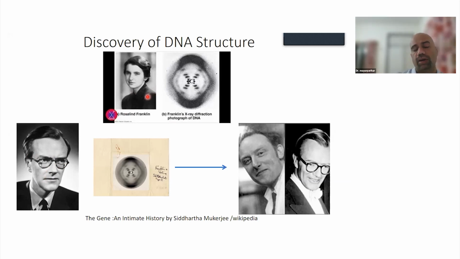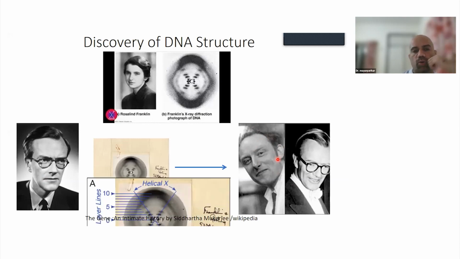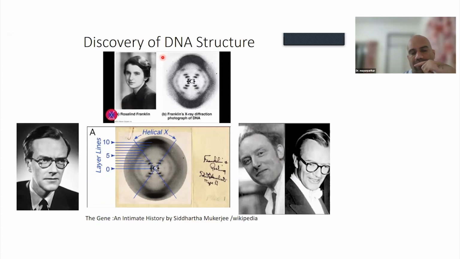It was technically quite challenging to actually get a DNA image, because as I said, DNA has a very dynamic structure. On the other hand, Watson and Crick at that point of time got along very well together. They thought that the DNA is a triple helical structure. Anyways, to cut the long story short, one day when Rosalind Franklin was away, Wilkins went to her office, removed from the drawer this picture, which was called picture 50, and showed it to Watson and Crick. The moment they saw this, they realized that it's a double helical structure, and they formed the DNA.